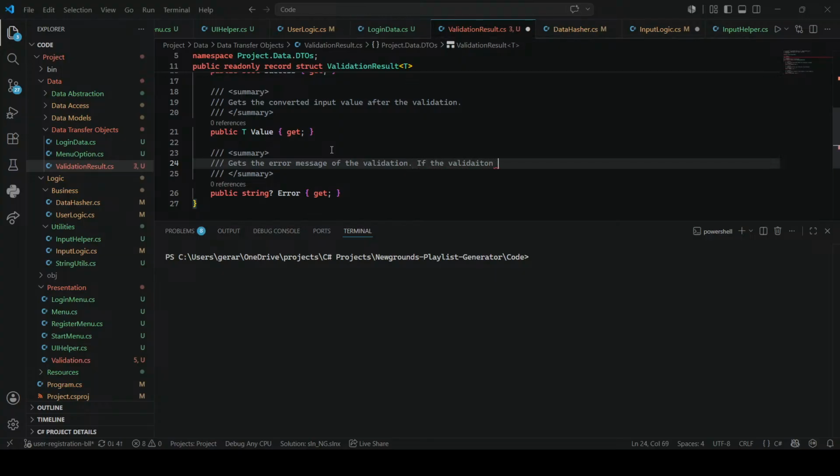If the validation succeeded, it will be null, something like that. The error message is null when